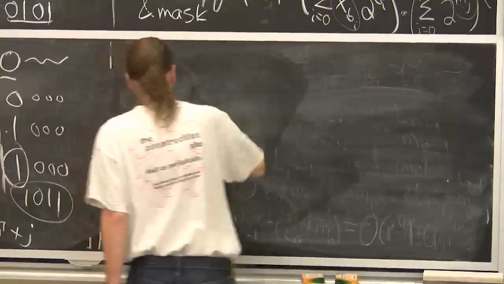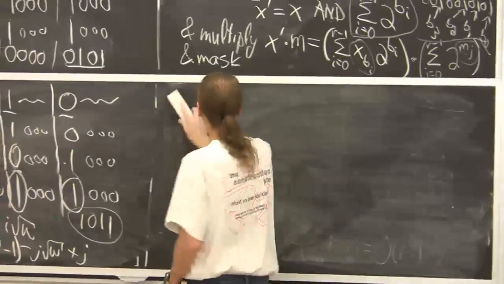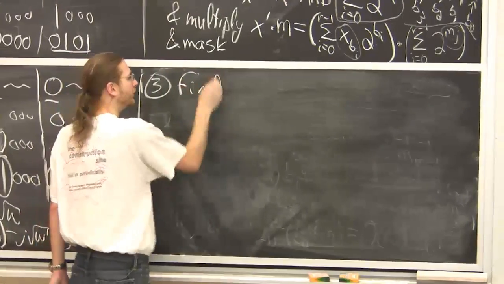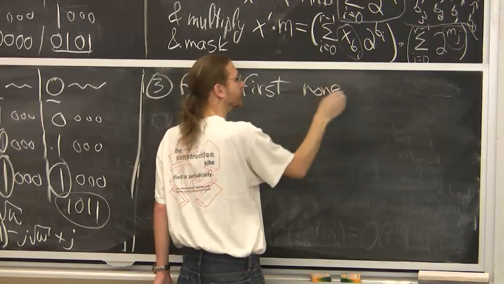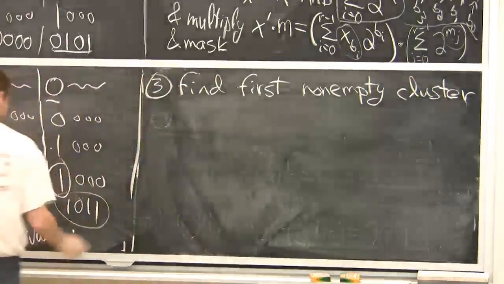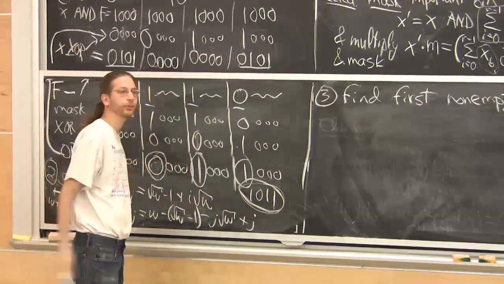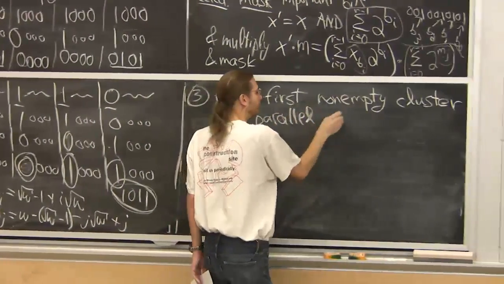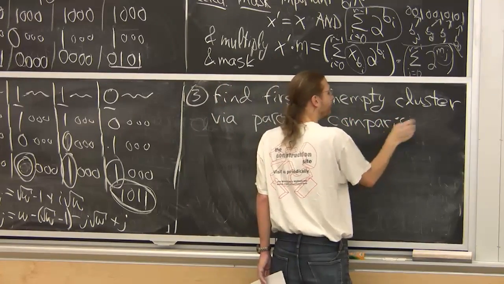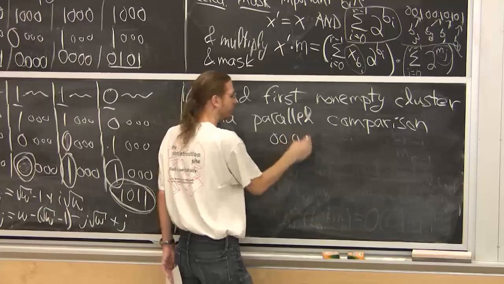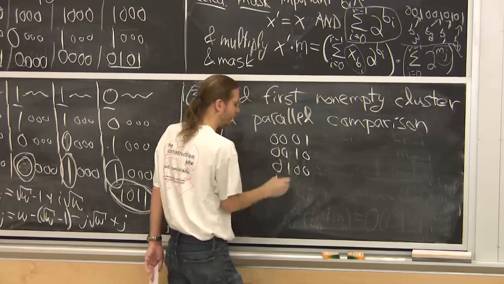One more minute. Say, well, that was step 1: identify non-empty clusters. Step 2 was sketch. Step 3 is find the first non-empty cluster. I claim this is easy. So I take this sketch vector. It only has root W bits. So I use parallel comparison. What do I compare to? I'm going to compare many copies of this thing to 0, 0, 0, 1, 0, 0, 1, 0, 0, 1, 0, 0, 1, 0, 0, 0, the powers of